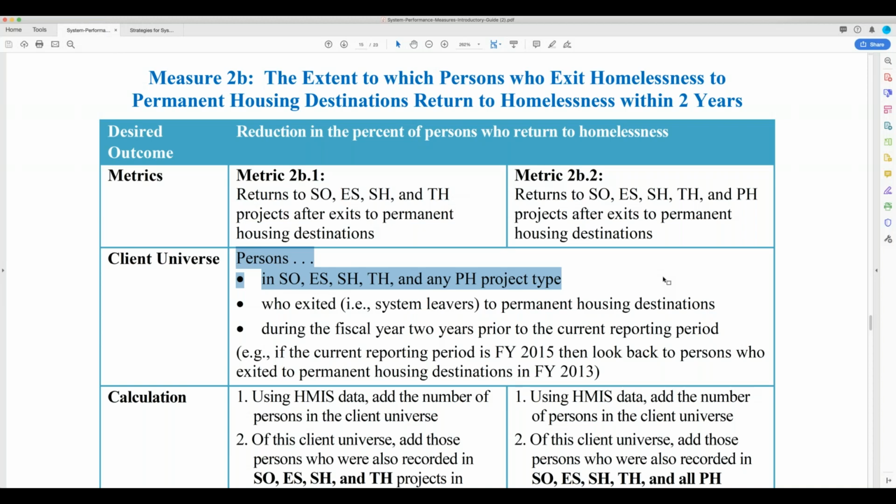So what are some of the things that we can do to prevent people from returning to homelessness? Does anyone have any ideas? If we look at our data and we say, oh my goodness, we have more people returning to homelessness this year. Last year, when we measured this, it said that there were, say, 8% of persons who had been discharged into a permanent destination had come back in some way, shape, or form. And this year, it's 15%. What changed, and how could we change this? How could we move the needle? Any suggestions out there?